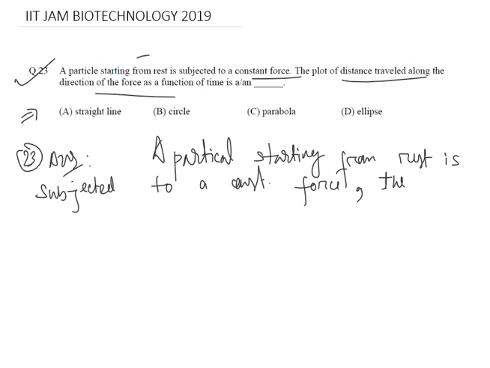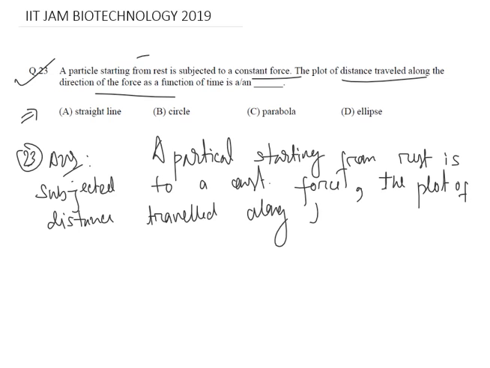The plot of distance traveled along the direction of force as a function of time